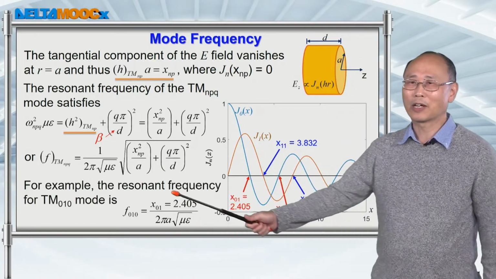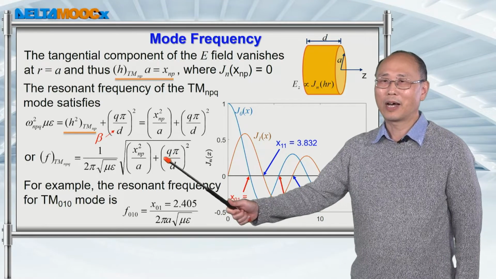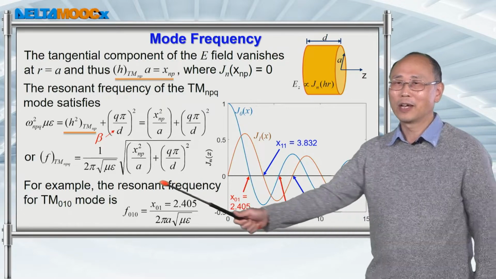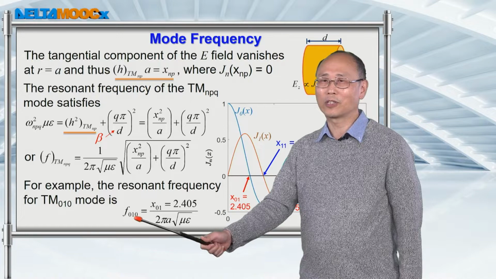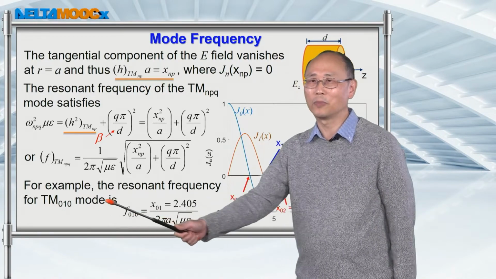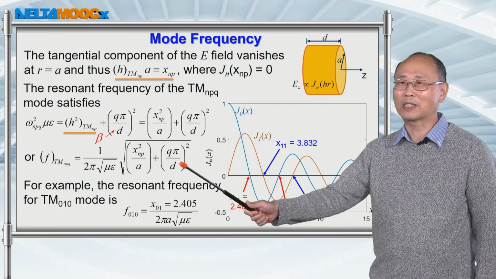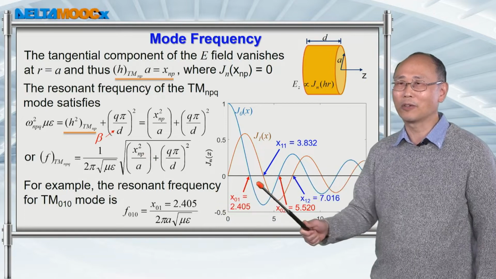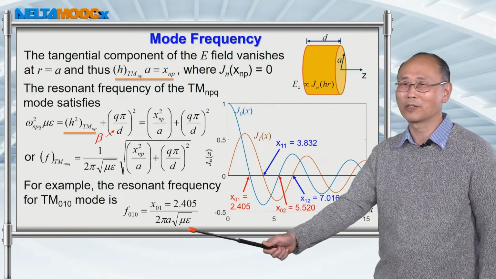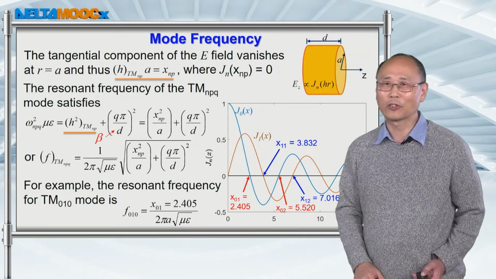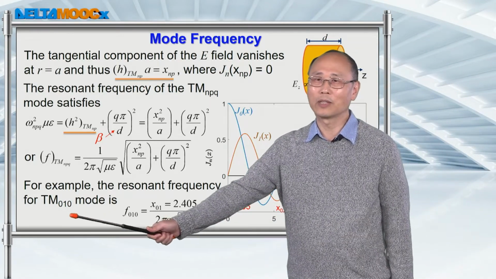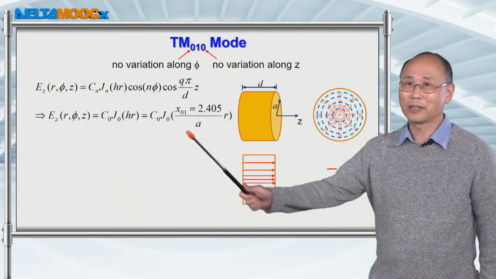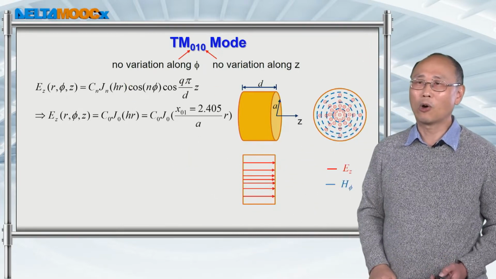For example, if we choose q to be equal to 0 and choose the first zero for the J0 function, then we will be able to calculate the resonant frequency of the TM010 mode given by this expression by specifying this q to be equal to 0 and specifying this x_np equal to 2.405. So you end up having a resonant frequency for the TM010 mode. So once you have the z component of the electric field, you can also calculate all other field